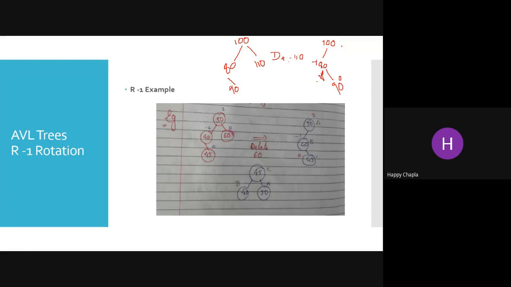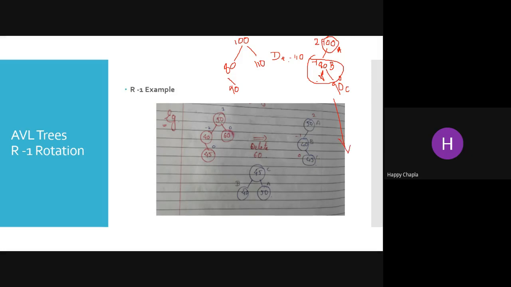And here we have a 2, and in right hand side we don't have any elements. So the 2 is the balance factor of the available root node. So here you can imagine that this is my A, this is my B, and this one is C. Okay, so if you want to give the R minus 1 rotation to your B node, what would be the answer?